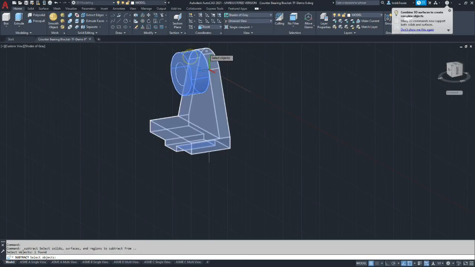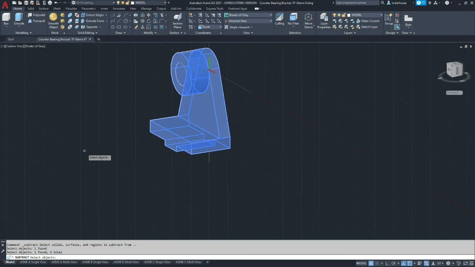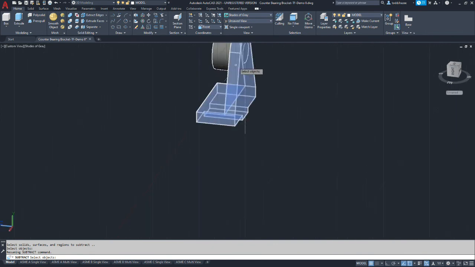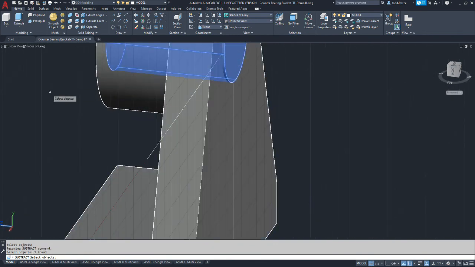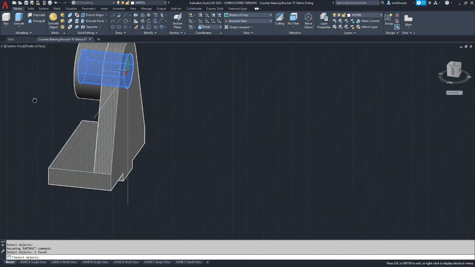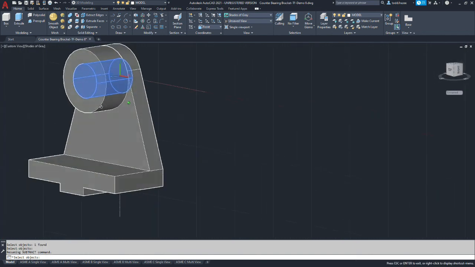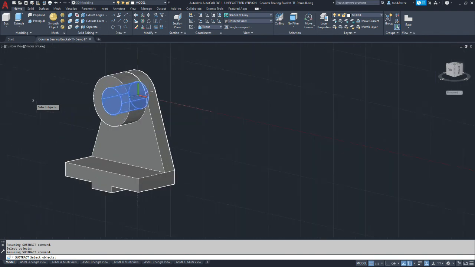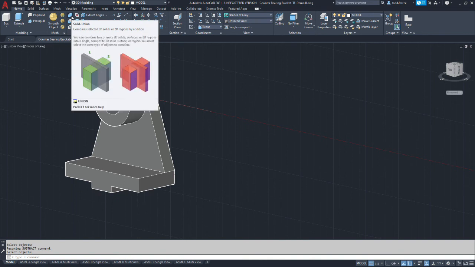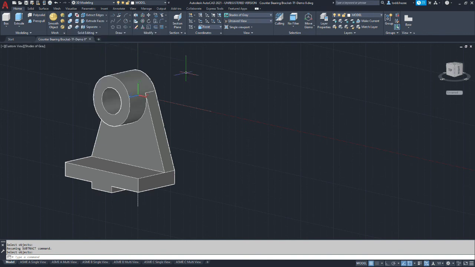So first you're selecting what you want to keep. So we want to keep these outside bodies, and we hit enter. Then it's going to ask you, what do you want to use as your cutting tool? And I'm going to rotate around to the back because we chose to make this a little bit longer. It's easier to grab onto and get the right thing. And select the cylinder. Okay, at this point, we can accept that, and it cuts through both. And in the process, it did a solid union between the two components that were cut through. And it saves a little step there.